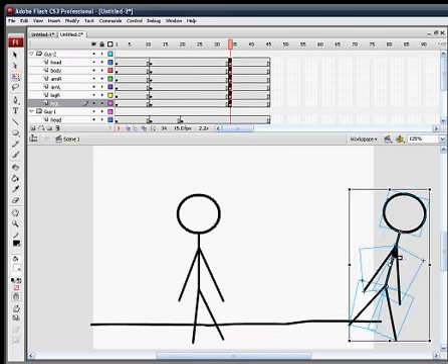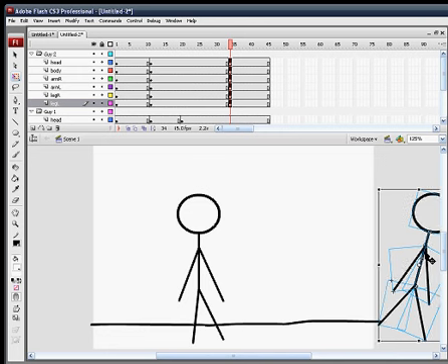So we'll take him a little further. He's out of the frame there. So basically this guy kicks him and he goes flying off. So to make all this